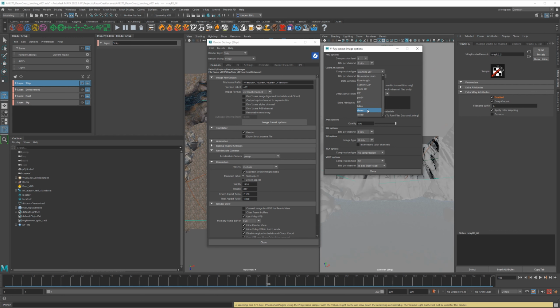If you want to experiment with other ones or you're really short on hard drive space or you don't like to transfer stuff, these ones are almost indistinguishable in their lossiness. They're really good, okay? But I'm going to do Scanline. Bits per channel, we work in 32 bits per channel. Maya and V-Ray render at 32-bit, but we don't actually need all that information. We're just going to keep this at 16.